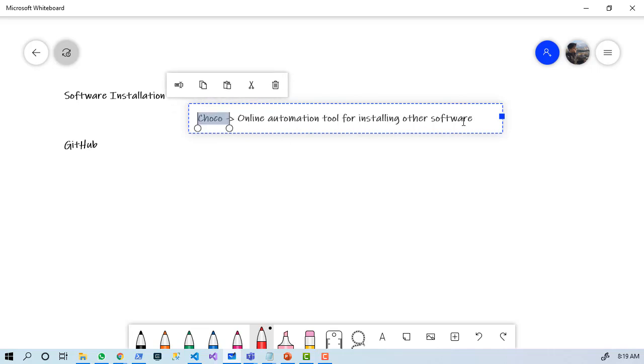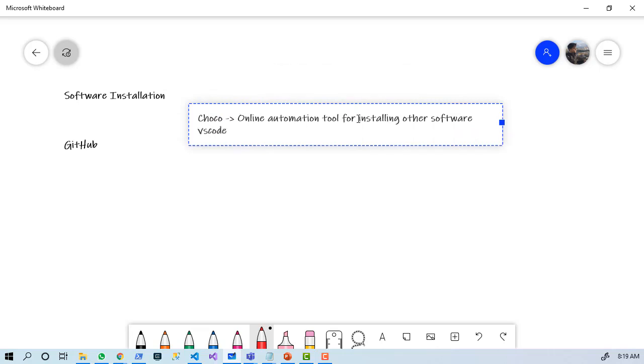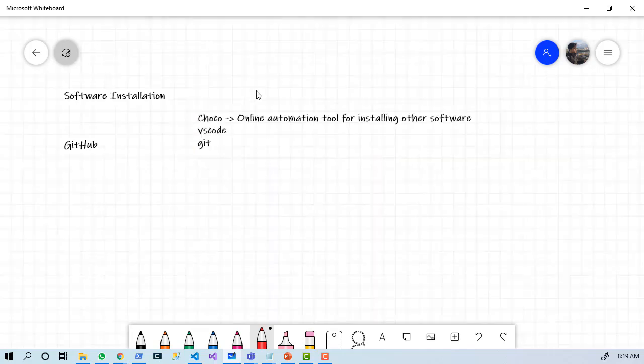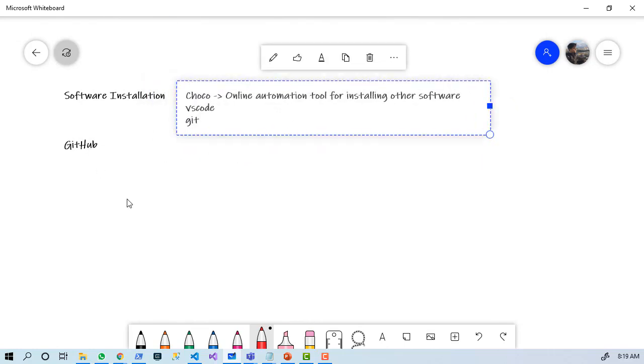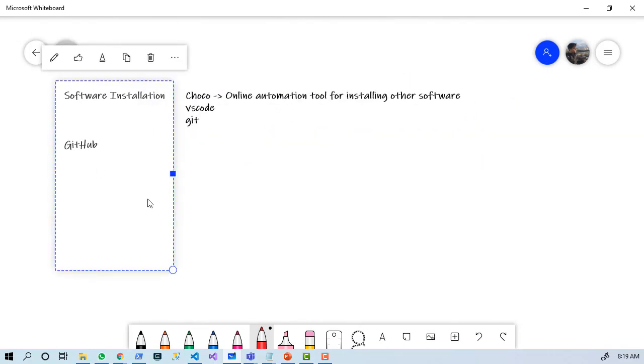So utilities like this help. Then we installed VS Code, which is the editor that we are going to use very extensively, and then we installed Git. So now that we have all the essential tools available with us, let's go ahead and talk about Git. And this is where